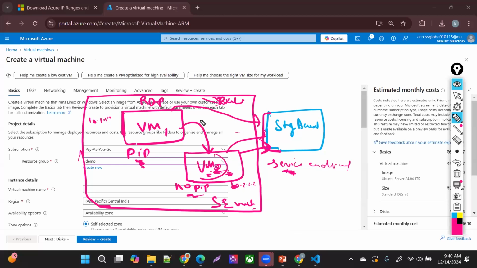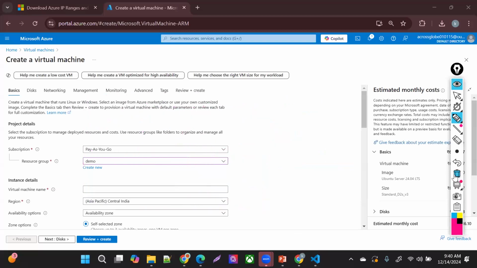So this is what I'm going to do. For now, I created a VNet. I'm going to create VM1, VM2, and then the storage account quickly. Let me do that then. If you still have some queries, let me know. Let me summarize again. Created one storage account, and created one VNet.